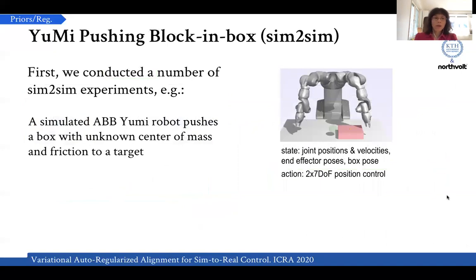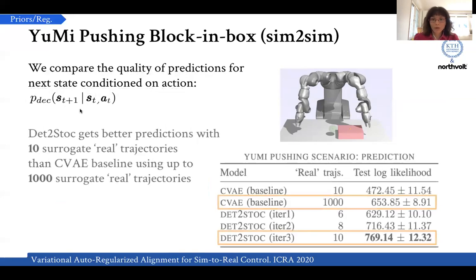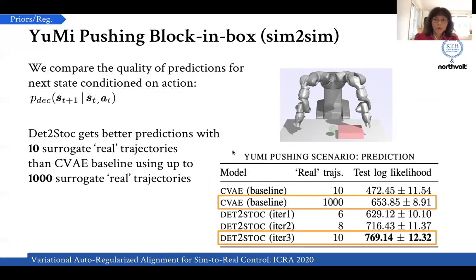and get a new set of hardware trajectories. Okay, so with this, first we conducted a number of simulation experiments, so sim-to-sim. One prominent example: we compare the quality of the predictions that we get, because our decoder can basically be viewed as a forward model. It takes the current state and action and produces as the output the encoding of the next state. And we can show that with this algorithm, we can obtain better predictions with 10